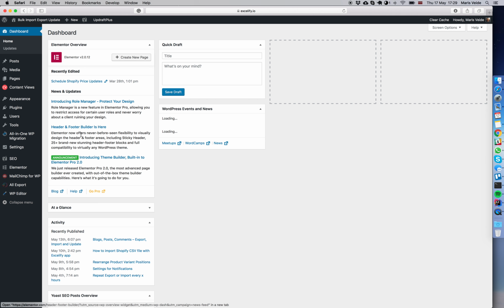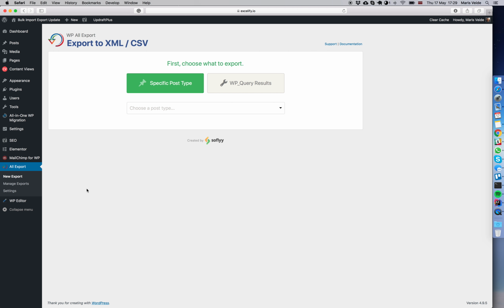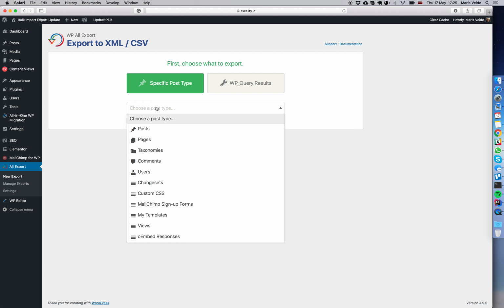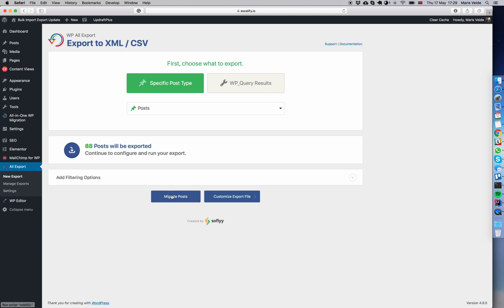Alright, so I'm going now to WordPress admin, and I have installed this All Export plugin for WordPress, which will allow us to export all your blog posts to a CSV file. So yeah, the plugin is called All Export. And what I do here, I just choose posts, and it shows that there are 88 posts now. I choose the Migrate posts